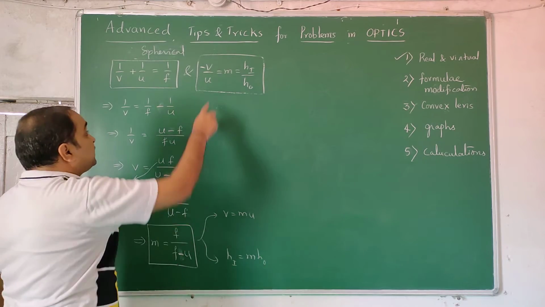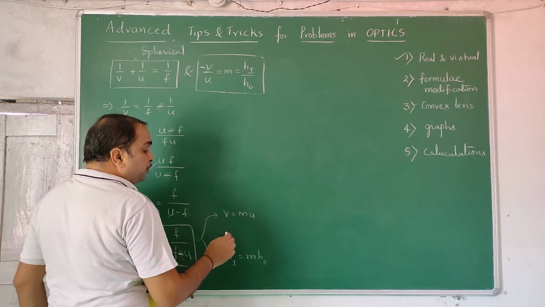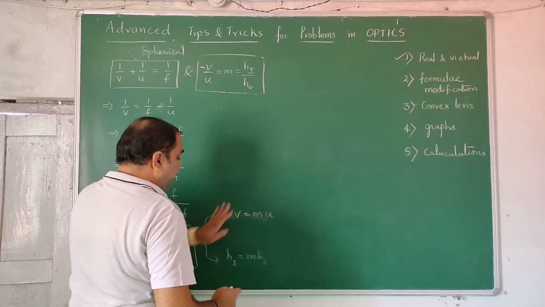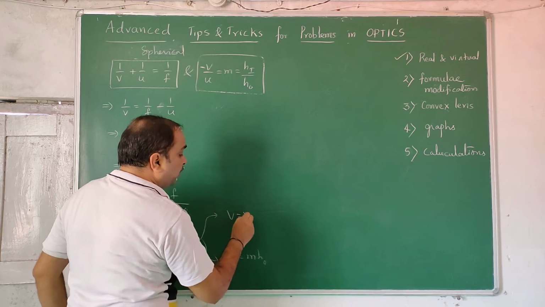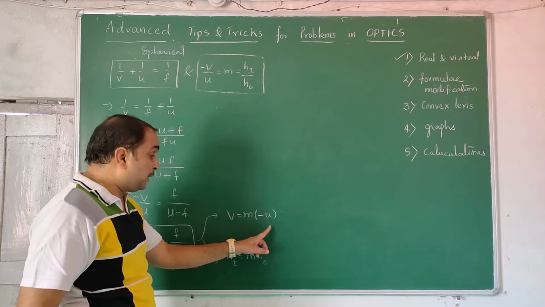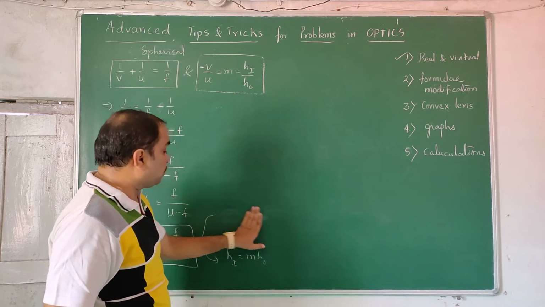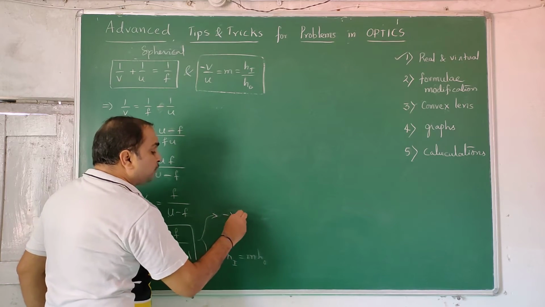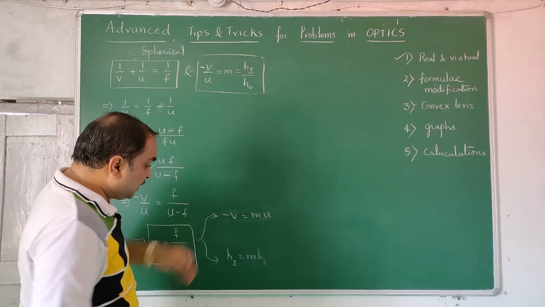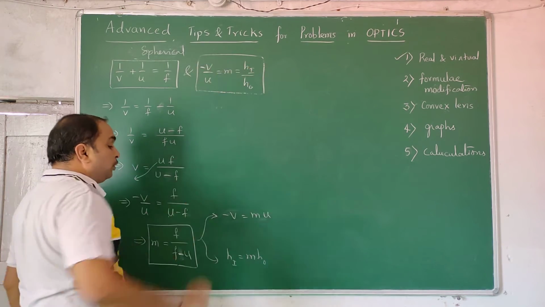While doing calculation, once you know m, we want v is equal to m times u, no, you put minus v is equal to m times u, or v is equal to m times minus u. That means whatever sign you take for u, you take it properly, and extra you have to multiply by minus. Children may get confused, I know that when I teach students. Better to write minus v is equal to m times u with proper sign convention. This anyhow remains the same: hi is equal to m times ho.